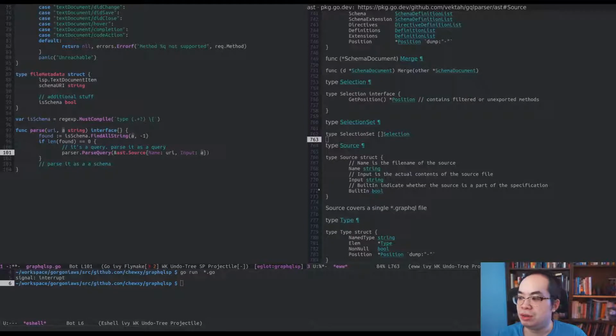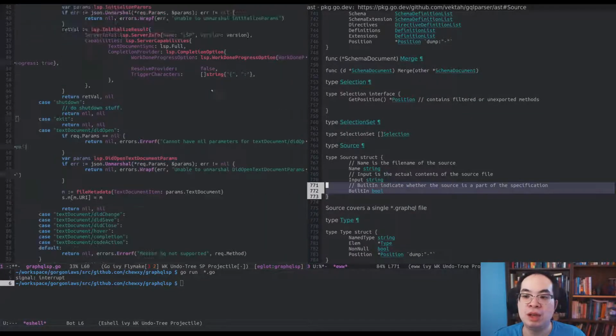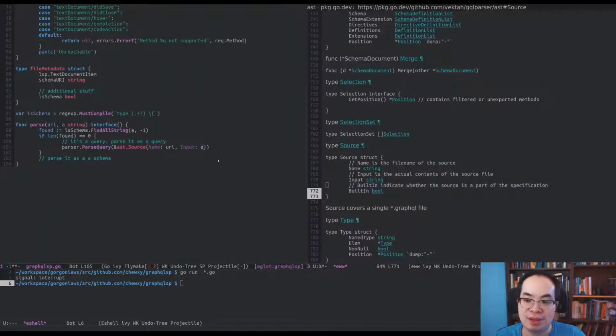Okay, so we can pass a built-in source, so that should be part of the initialized thing as well, I suppose. We'll come back to that later. So parse query, it will either return a query or an error. So I'll also need to return an error. If that's the case, then I'll just return